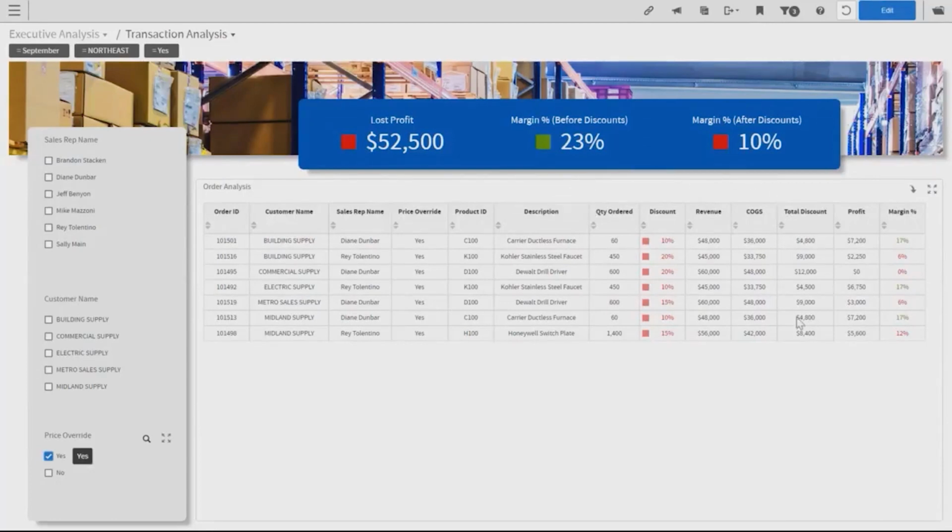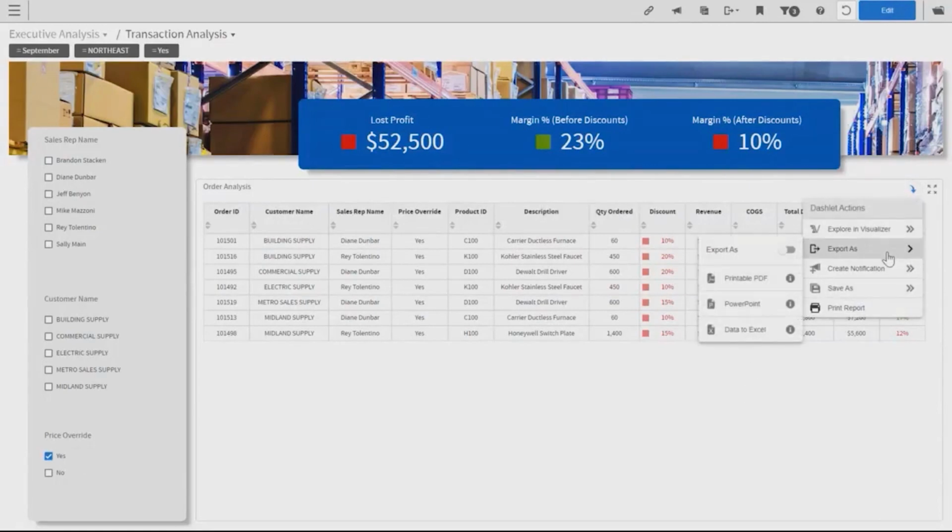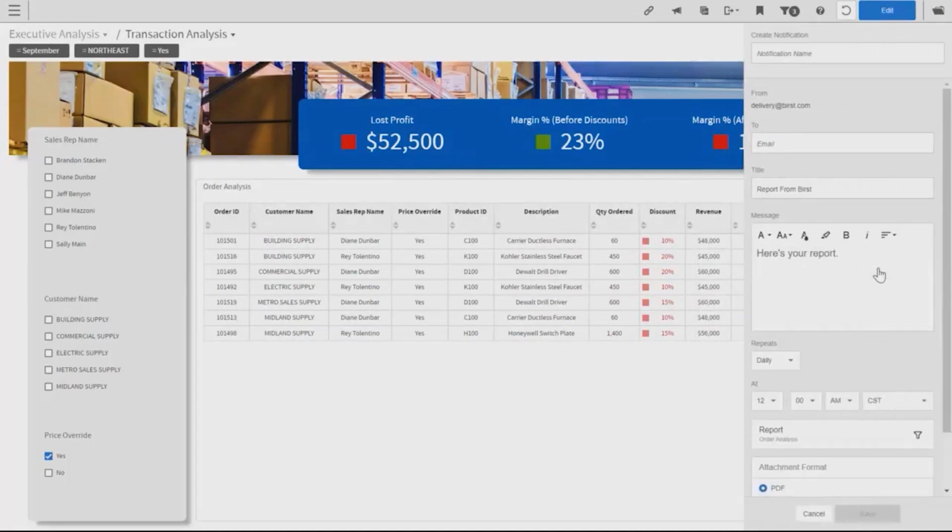And now I can start to make action out of insight. And maybe I want to take this report and export it, or I want to create a notification and email it to the branch manager, letting them know that we need to put better price controls in place so that these price overrides don't take place as much in the future. Or at least we have some margin controls set around this to limit the amount of price overrides